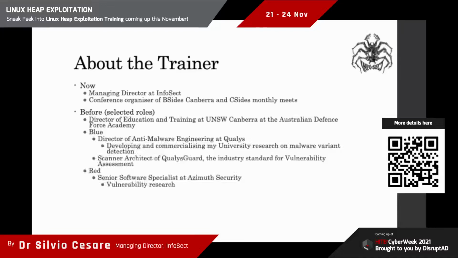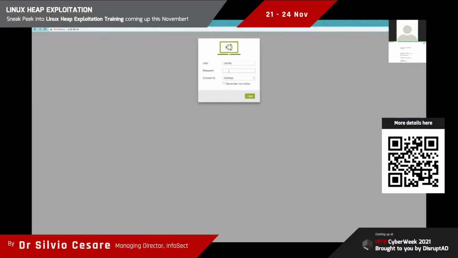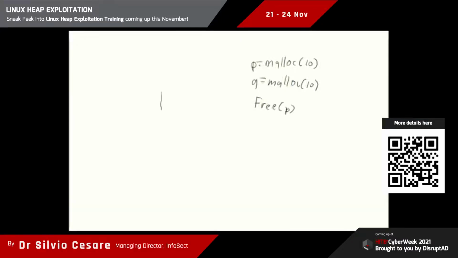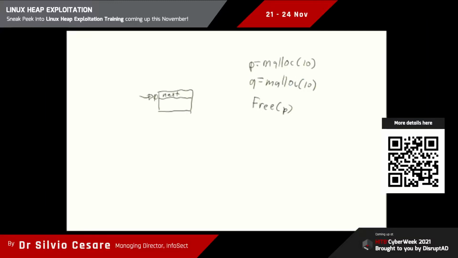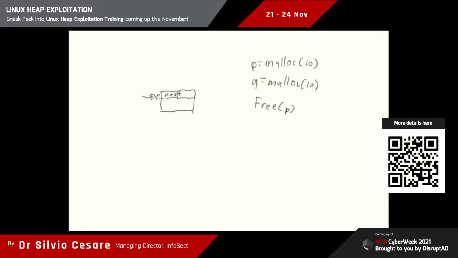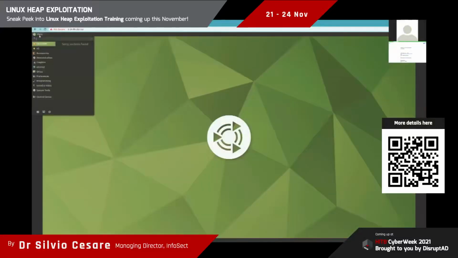Online training at InfoSect has been very well received. We've been doing it for more than a year now. We have a good lab environment using Amazon instances. You basically get a desktop environment through the browser. We have good lectures. We have high quality AV to provide this as well. In face-to-face training, using a whiteboard is a very important process of showing how certain things are laid out in memory. We replicate that experience using a tablet that we can interactively draw on. We have lab exercises that cover all of the techniques and attacks that we're working on.